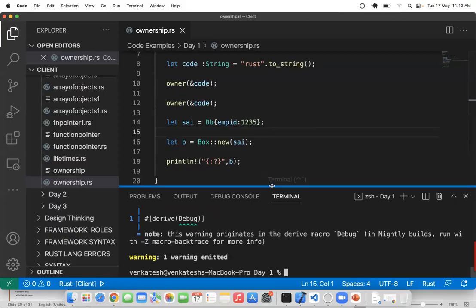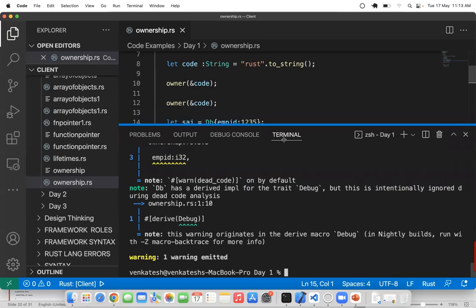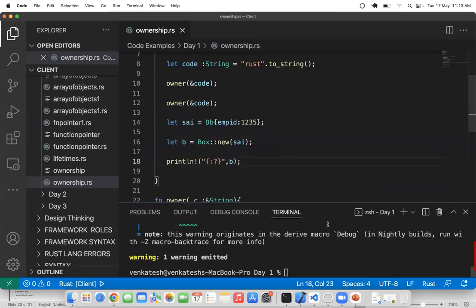So now I'm getting a warning. That's not a problem. Okay. So now what I'll do is I'll write down